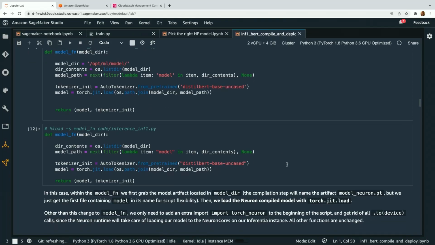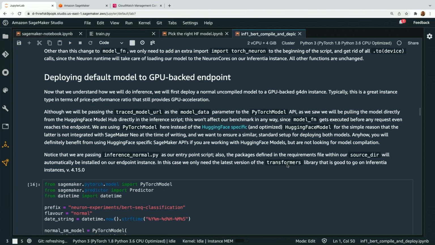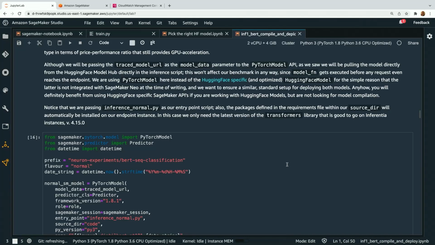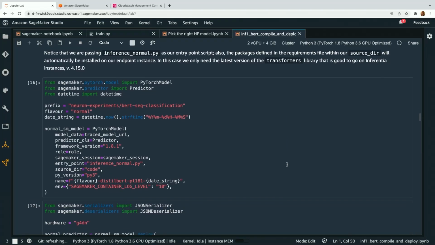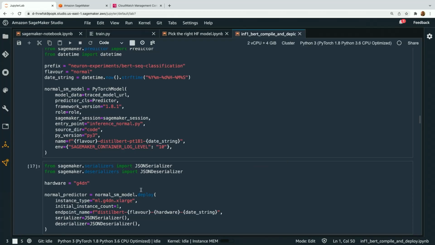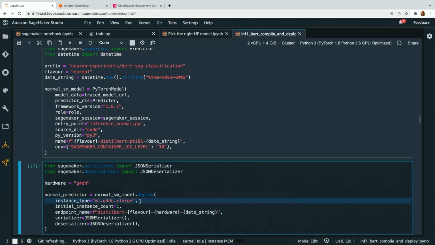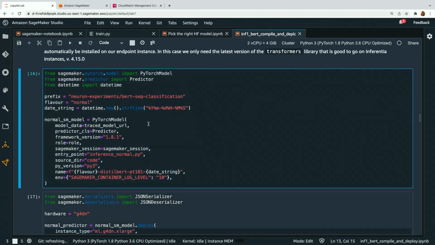And so with our inferencing.py script defined, we're going to deploy this. Actually, in this notebook, we deployed to 2 machines. We deploy it onto a G4dn.xlarge, which is this one, and then we're going to compare it with the same model deployed onto Inferentia, and then we'll look at the changes in performance. So first off, we've got this deploy onto G4. Let's check this out. Again, this one is using that PyTorch model. You can switch that out with the Hugging Face model, totally appropriate. So we'll use the PyTorch model. We got our predictor object and so on.